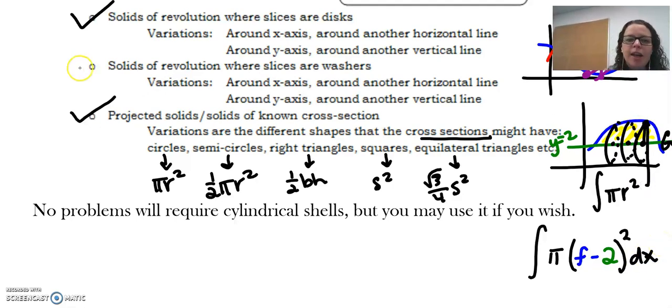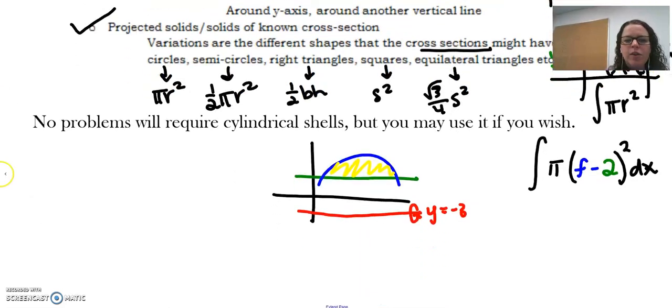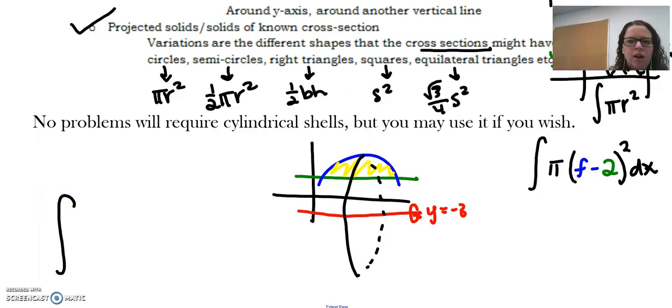Then we upped our game a little bit, and we talked about what would happen if I took that same area and I rotated it around a line that was not right up against the area. So we'll call this our axis of rotation. We'll say y equals -3. Well, now when I go through and I think about these cross sections, I'm going to spin this blue one all the way around. So I could do an integral of